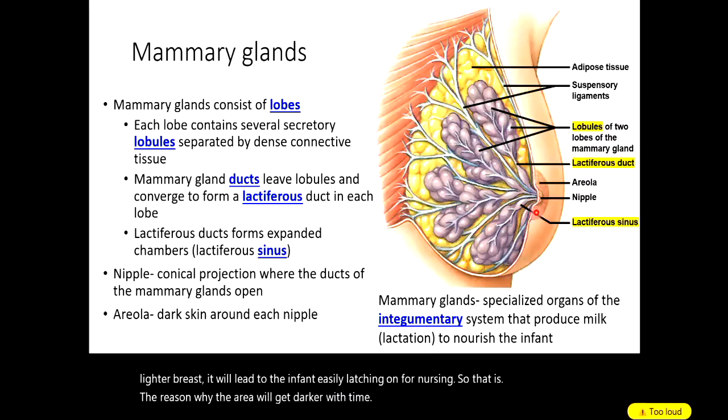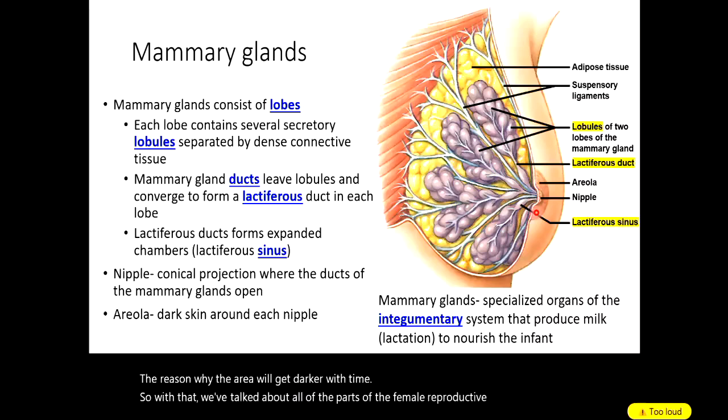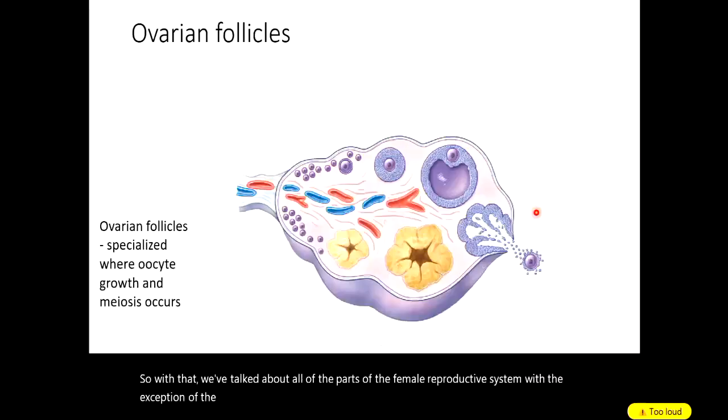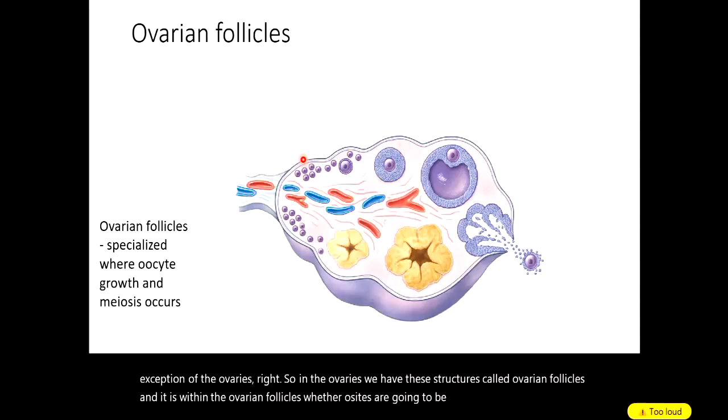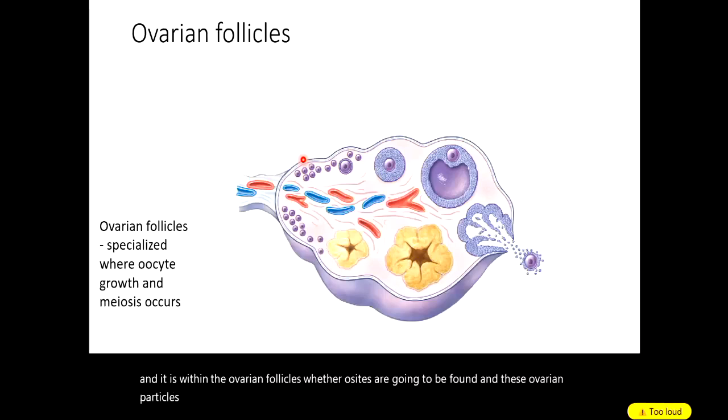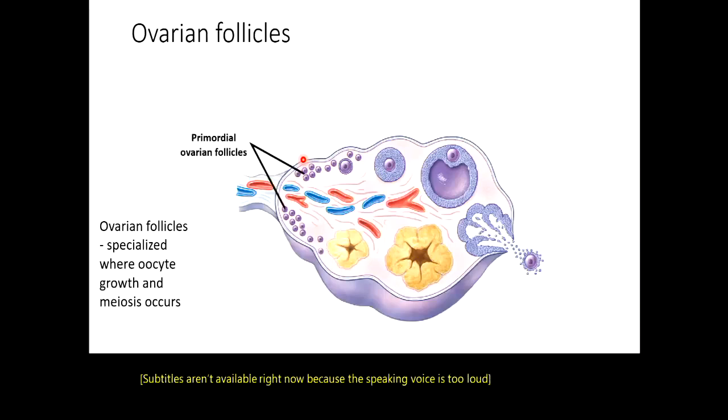So with that, we've talked about all of the parts of the female reproductive system with the exception of the ovaries. Right? So in the ovaries, we have these structures called ovarian follicles, and it is within the ovarian follicles where the oocytes are going to be found. And these ovarian follicles are going to develop. So you have these primordial ovarian follicles which contain the primary oocyte, and the distinguishing feature of this primordial follicle